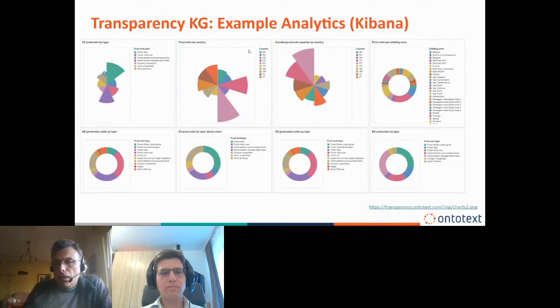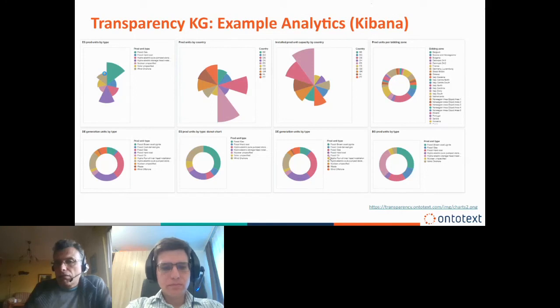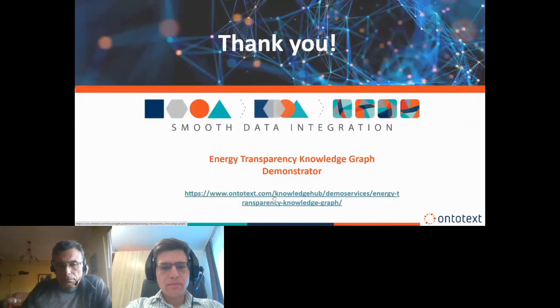And I think this is the last slide, some charts done with Kibana on top of the Ontotext platform. So Ontotext platform drives the indexing of data into Elasticsearch. The source of the data is RDF. And here's a little block that introduces this project, and this site is Ontotext.com, where you can take a look at the different information that is presented.